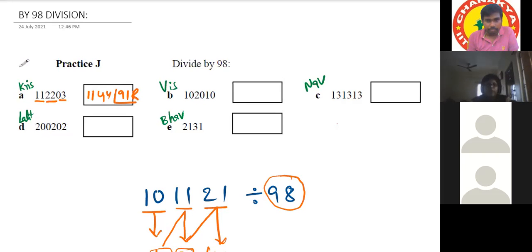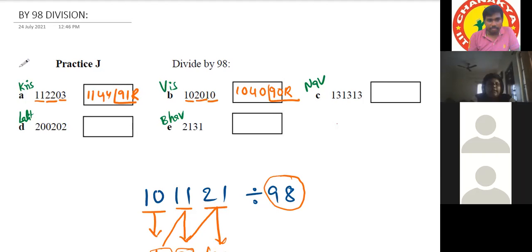Vishnu, proceed. Sir, drop down 10. 10 double is 20. We have to add it with 20, which would be 40. Then 40 double would be 80. 80 plus 10 is 90. Correct. So 90 is the remainder, sir. What is the quotient? Sir, 1040 is the quotient and 90 is the remainder.